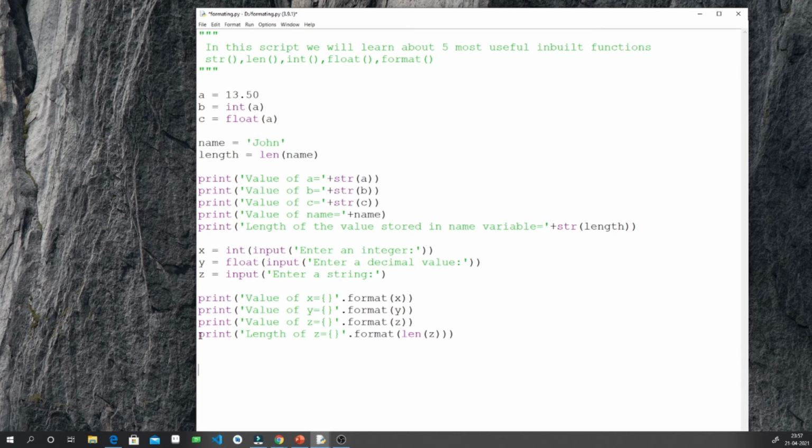To do that, I will copy one of these print statements. Value of x equal to, parenthesis, and z.